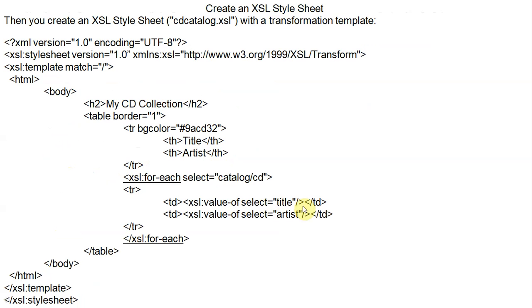So it will be closed, td is closed here. So we write the value-of select title.